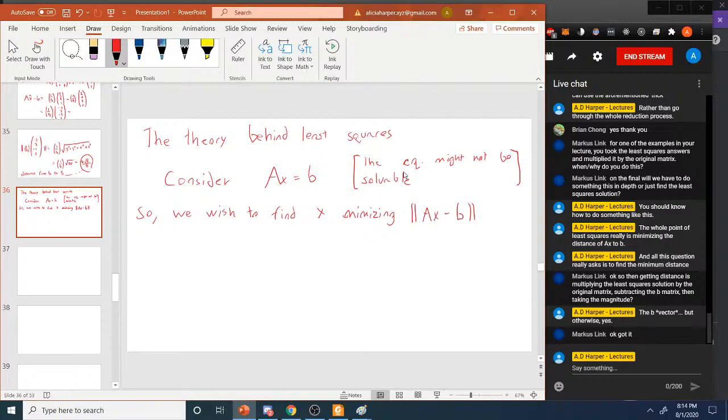Instead, I'm going to do a linear algebra-based proof, that is, what I did in lecture. And the linear algebra-based proof is based on the following idea, which is